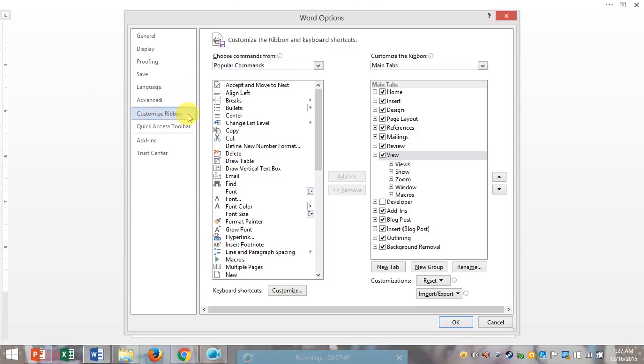Locate and select New Tab. Here, click this, and you'll see New Tab. Make sure the new group is selected. Select a command, then click Add. As you can see, you can add.